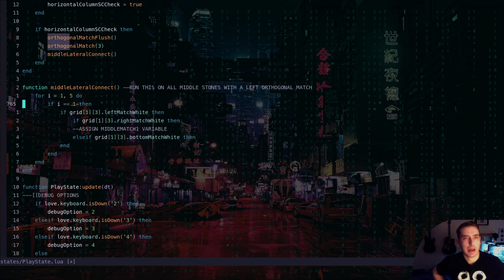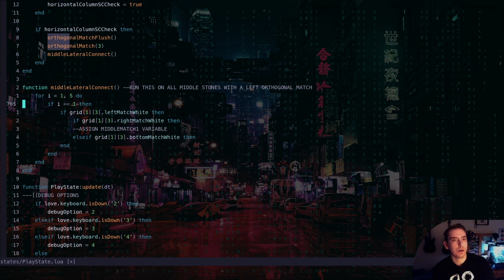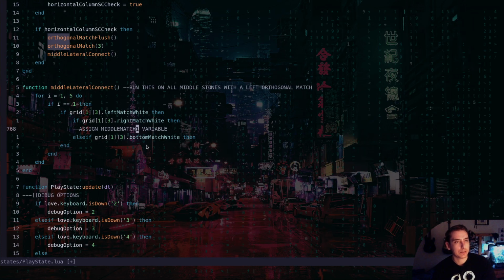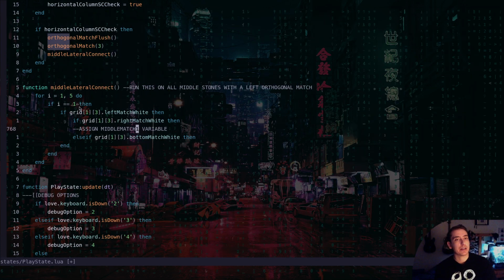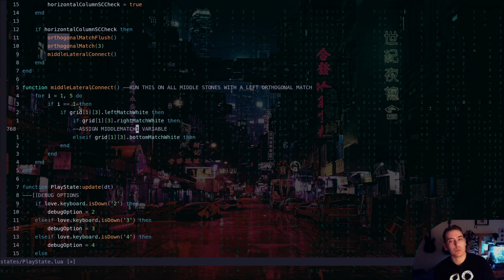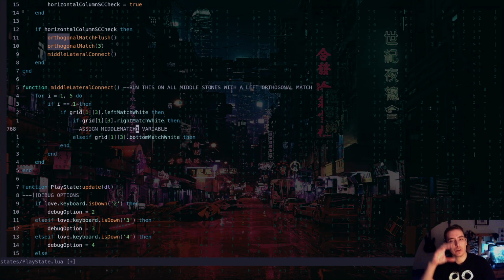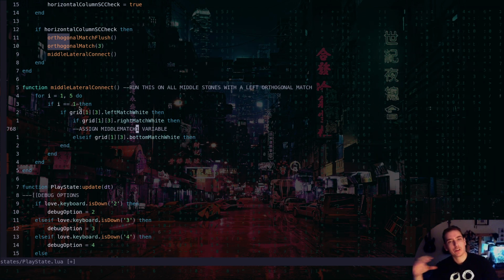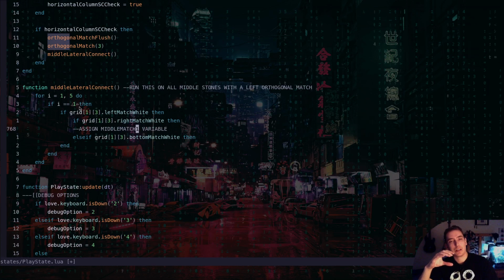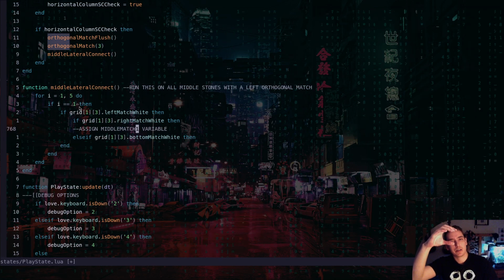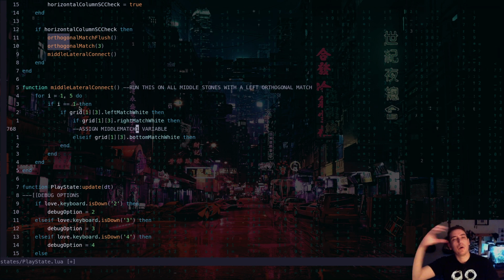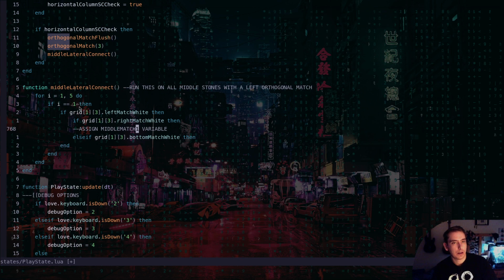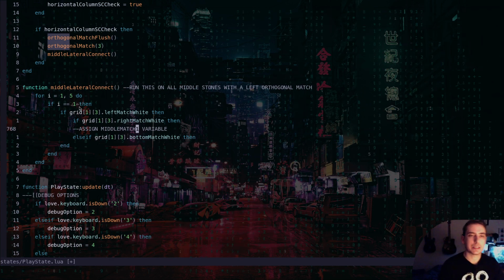And I have to split this up because I need to know which variable to actually modify with our middle match object. And I need to know which row we're at, because that changes the logic we're checking for a vertical match. Because if we're on a row 2, we need to check not only for our right middle match, but if it doesn't have a right middle match, we need to check above it, and if that is our stack control and that one has a right match, or if the ones beneath us have a right match. And you know what? Yeah, we might be able to tether in some